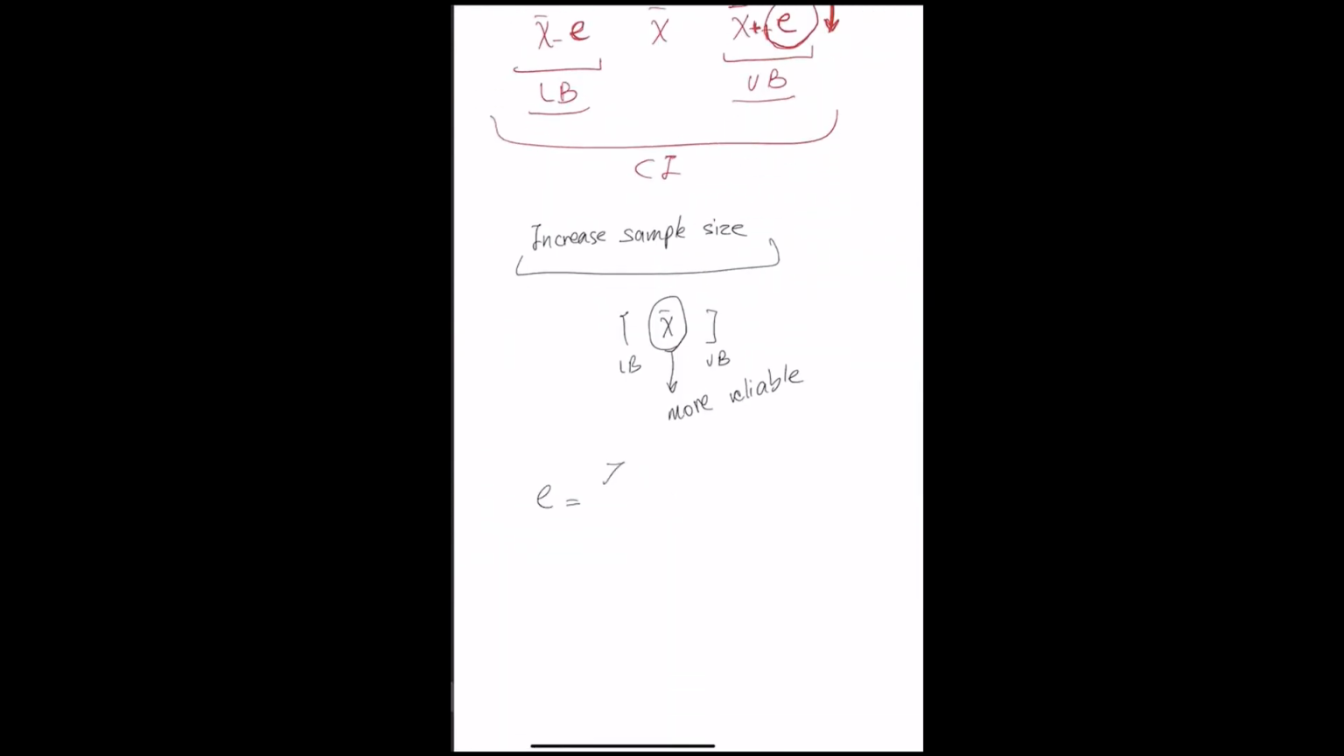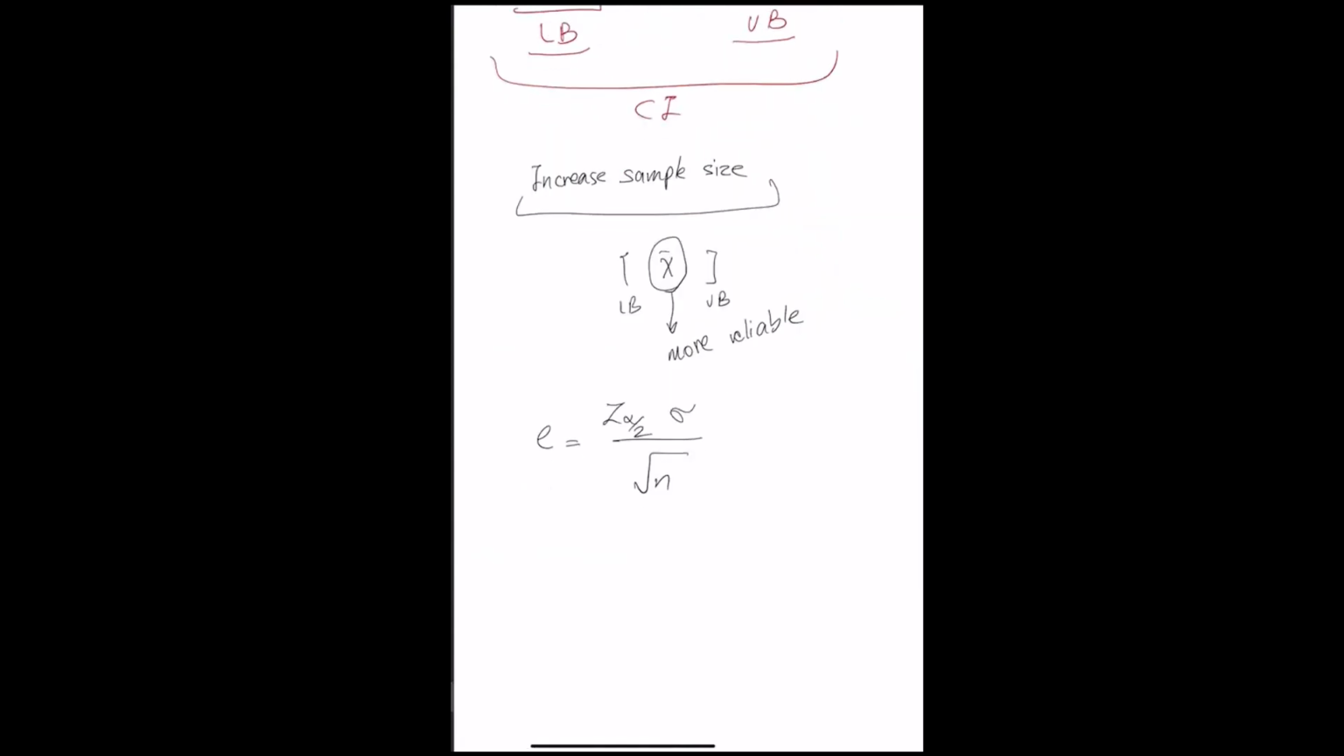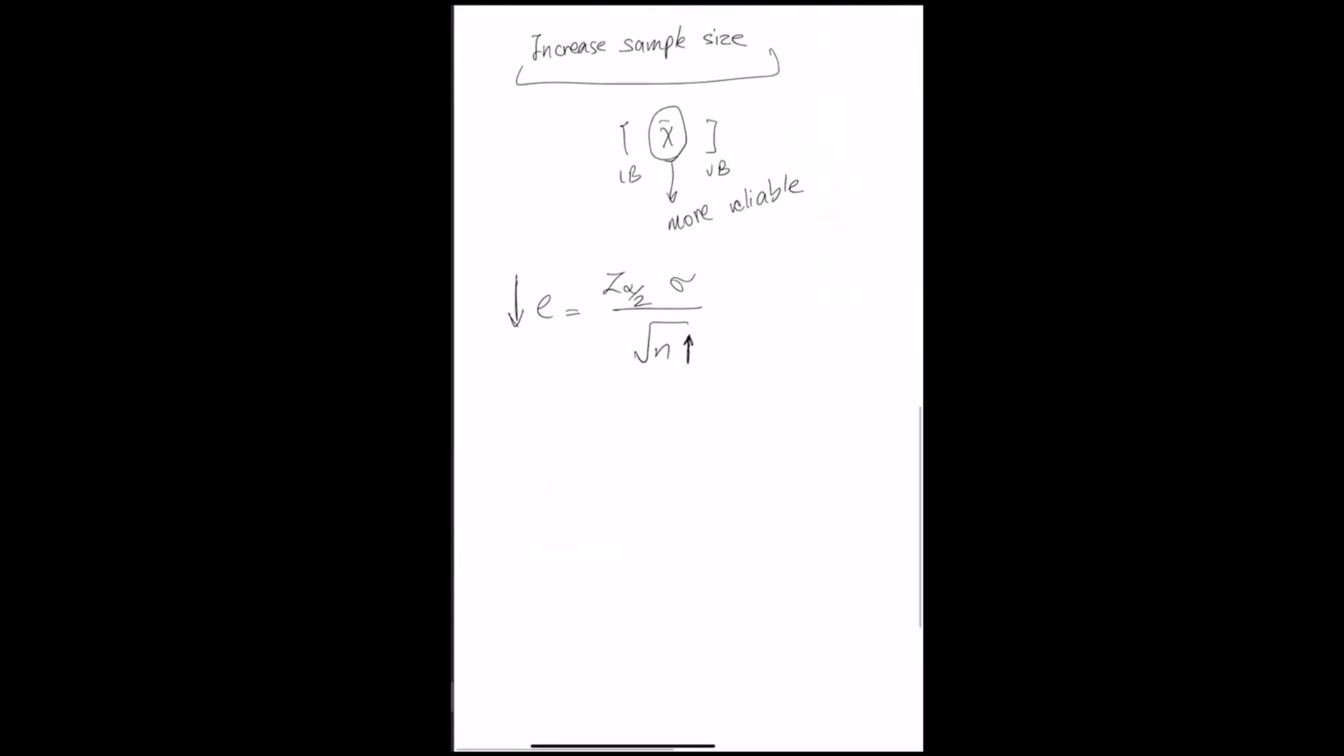E is Z sigma over square root of N. And we just said we want to bring E down, and we learned that to be able to do that, I have to increase the N, or my sample size. Okay, we just learned that. We just concluded that together. Now, if I tell you a desired E,